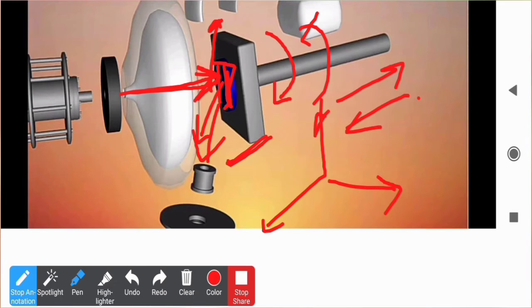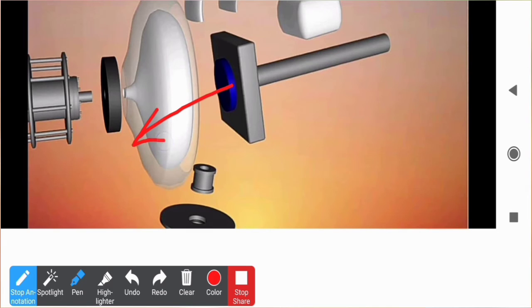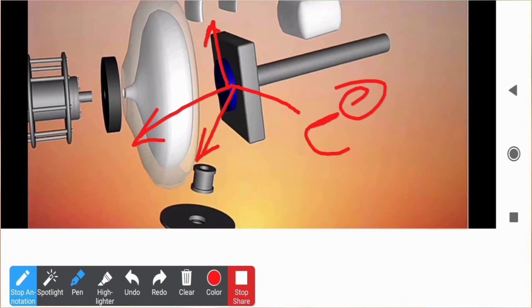There might be backscattering of radiations, or scattering of radiations at particular angles. Or some electrons might get ejected from the surface: surface atom electrons might be ejected, or some positive ions of the particular analyte might be formed. That also can be ejected. However, the primary beam can also accumulate at a site in the crystal structure of our sample. So various phenomena can occur.